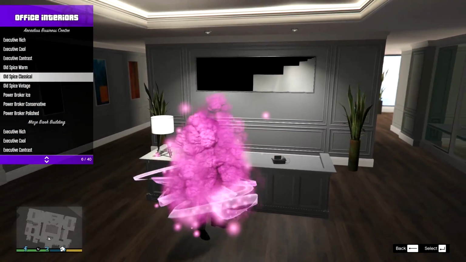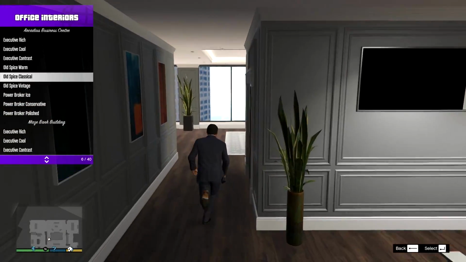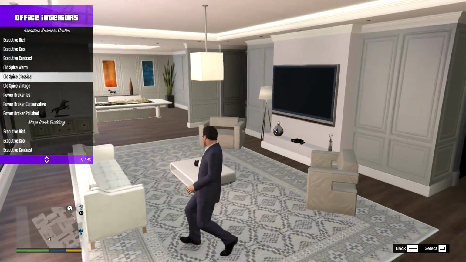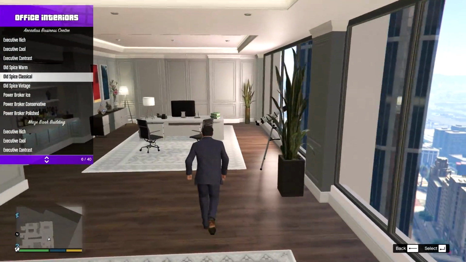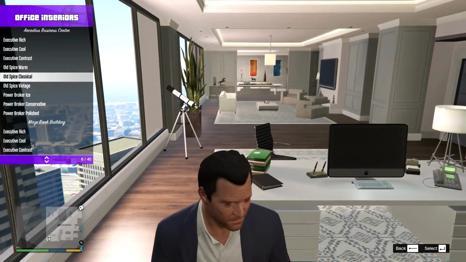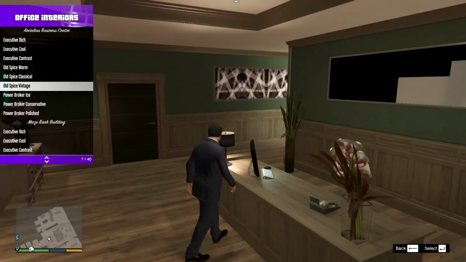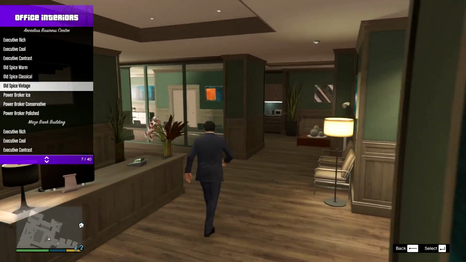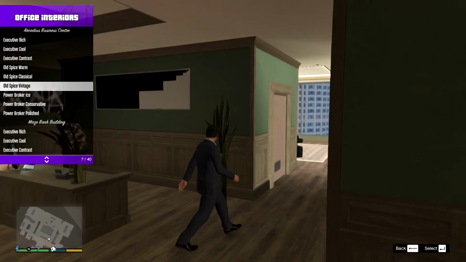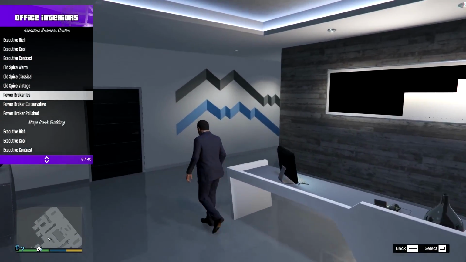Then we also have the classical version. Oh, now this is my jam. This is my style. I like this. Yeah, I can get behind this. I could work in an office that looks like this. Totally. And then we have the vintage style, which makes it look like some sort of 1920s. It makes it look like the police station from LA Noire. That's what it makes it look like. Then we have Power Broker, which is... Okay, this is sort of like...